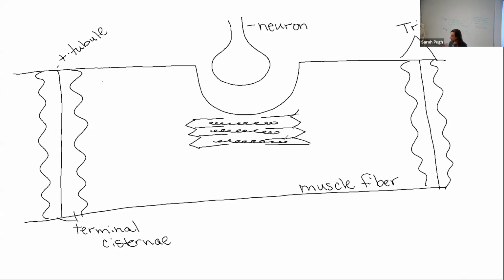So those are some of the structures that we've looked at. So what we're going to talk about on Wednesday is how we get a contraction, what's actually happening, right? In reality, when your brain tells your muscle to contract, an impulse is going to come down a neuron. It's going to jump from the neuron into the muscle cell, and it's going to spread down the muscle cell. It's going to spread down the T-tube, and that is going to cause this sarcomere to go from looking like